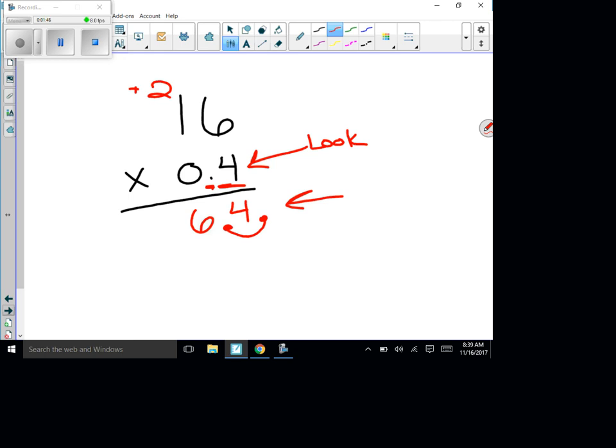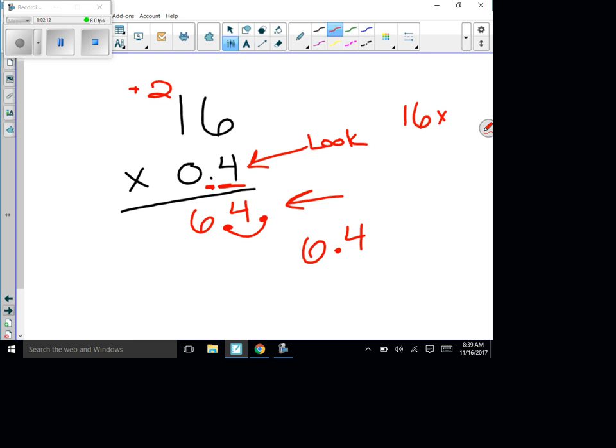So 16 times 0.4 is 6.4. And this is really tough, as a lot of people say, hey, Mr. Lindhe, the answer is smaller than what we started with, and we multiplied. And I said, yeah, I know that, because if you look at it,